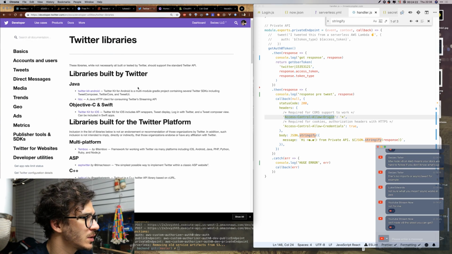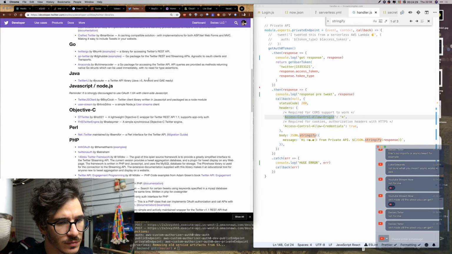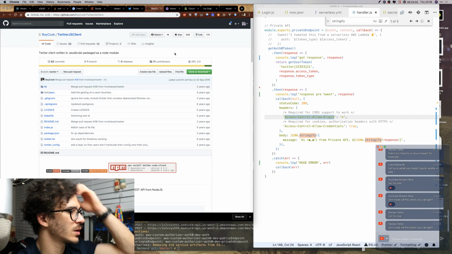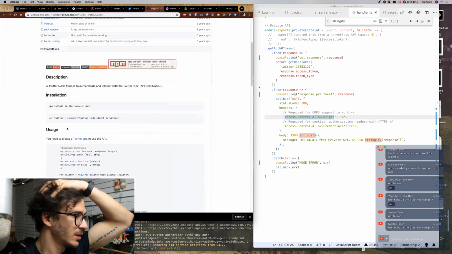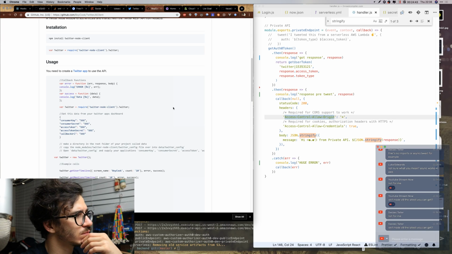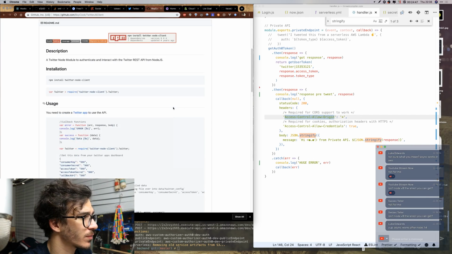Twitter libraries for JavaScript, Twitter.js client. So this is the one that they officially recommend, which doesn't actually seem to be working very well. But you know what? Let's give it a shot, right?